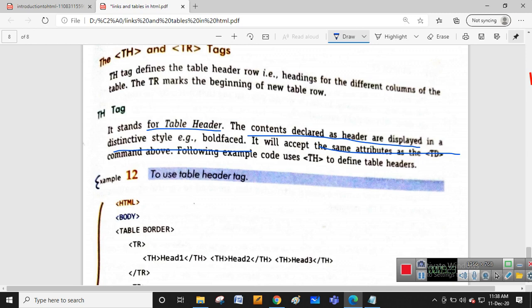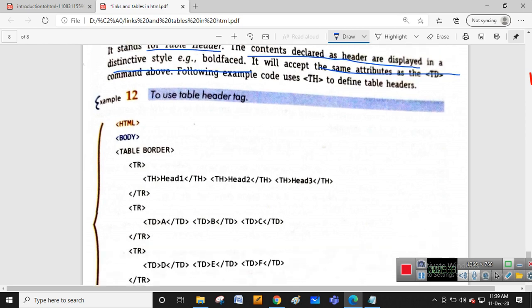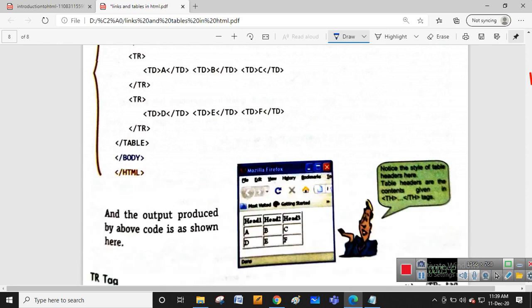the cell में you will get the td command. Okay, it is like the td command only, but in the starting of the header part you will get in the bold format only. So it is like simply like you are inserting the data inside the first row only, but you are getting the data in the form of heading part, that is in the bold format. Okay, you see here this example they are showing.